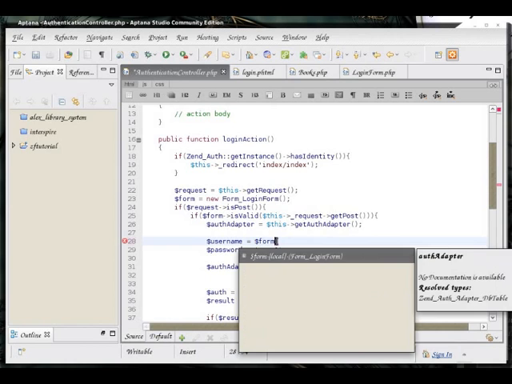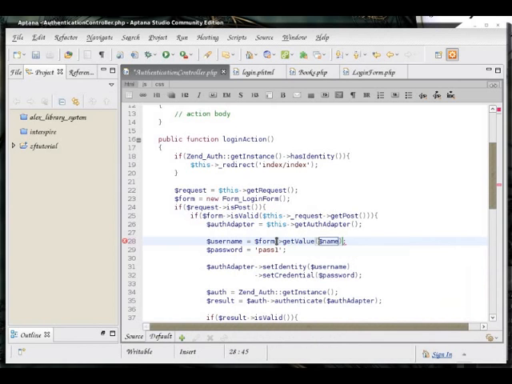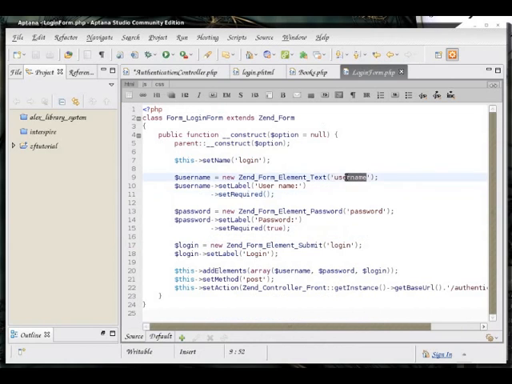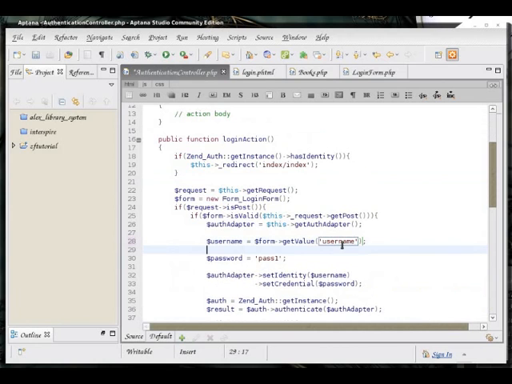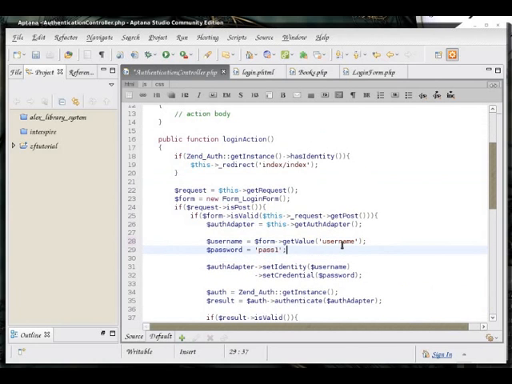For that, we use the form object's getValue method, and the field that we are getting corresponds to the name that was assigned to it in the ZendForm login class, which in this case is username and password. So now ZendAuth gets the values from the form.